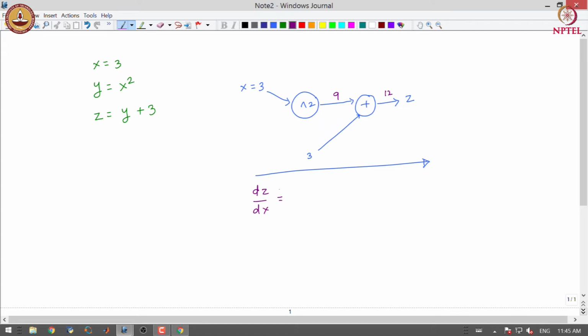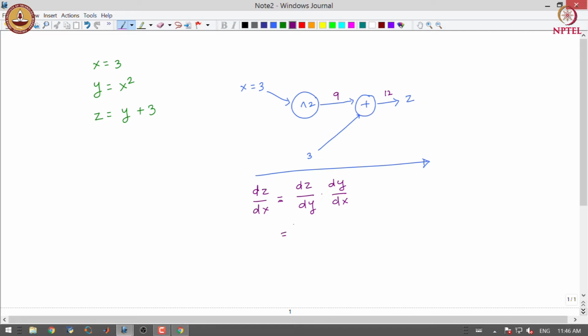To calculate this, we use the chain rule of derivatives, where we take the derivative of z with respect to y, which is known, and the derivative of y with respect to x. So, dz/dx is calculated as dz/dy times dy/dx.